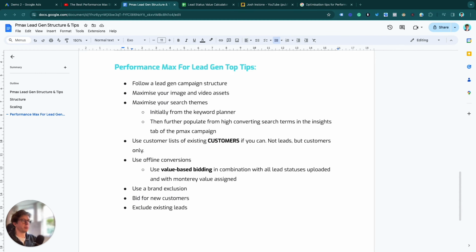So in this video, I'm going to go over my top tips for improving the quality of your leads with Performance Max. Now, I really like to use Performance Max with lead generation, mainly as a top of funnel campaign to really spread my net as wide as possible, but to also recycle the insights that I find in this